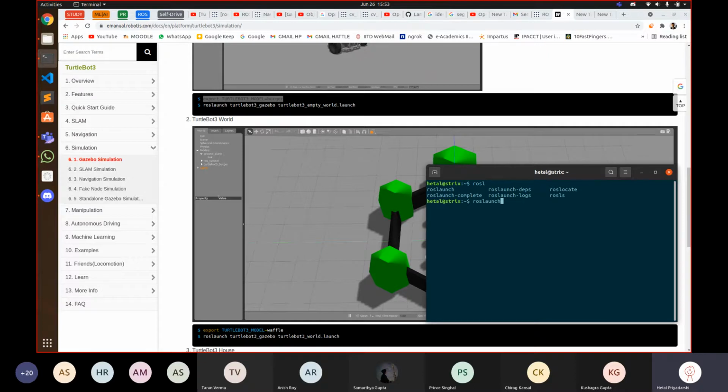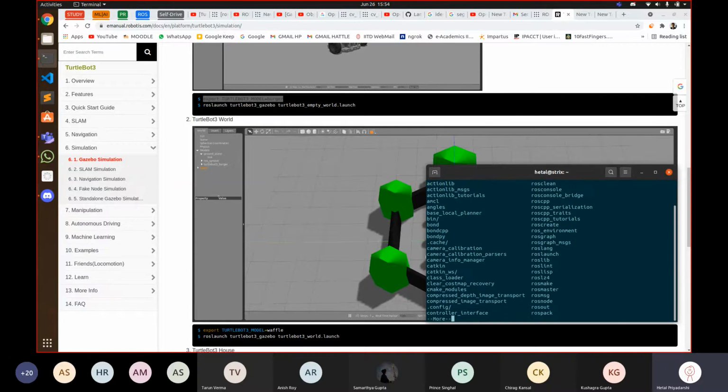If you press space once, now there's only one option, that is roslaunch. Then there will be further commands with roslaunch, and it asks whether you want all 255 possibilities. Because it's a very large number, it's asking you to be sure. So just press no. These are all the things you can run with roslaunch. Press enter for what you want.